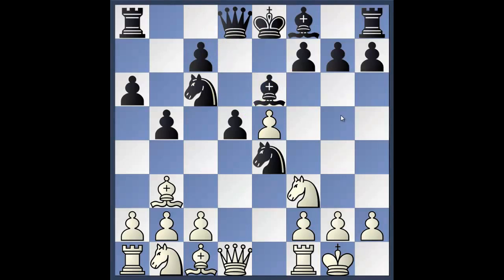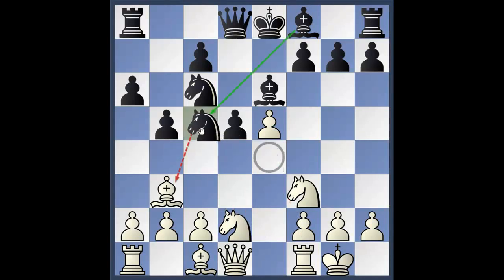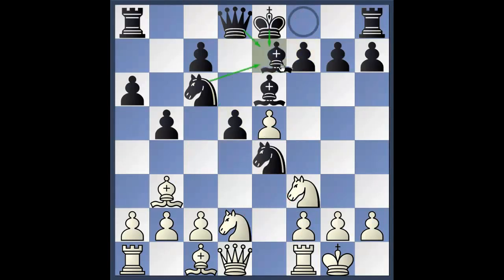Here, white has many alternatives. The move that I'm going to recommend is knight b to d2. And black now has two options, knight c5 or bishop to e7. Let's start off by looking at knight to c5. We play c3,